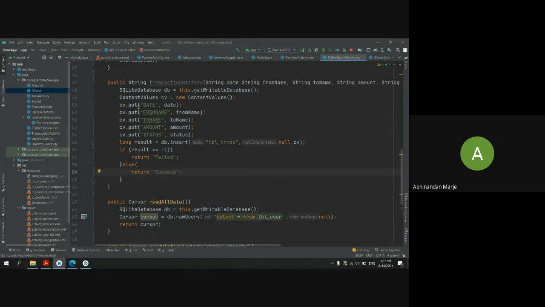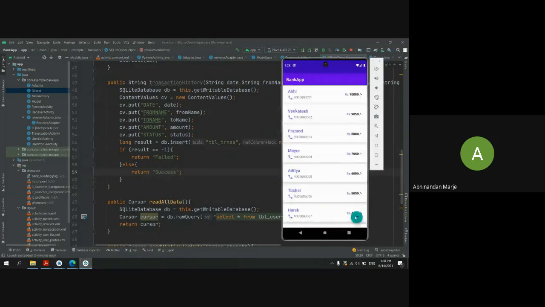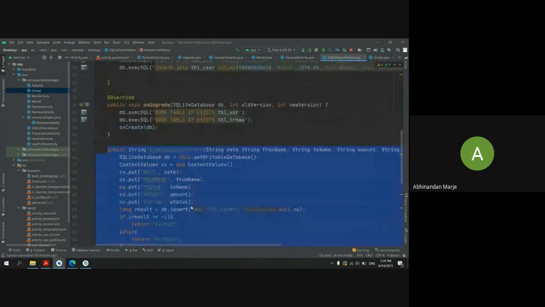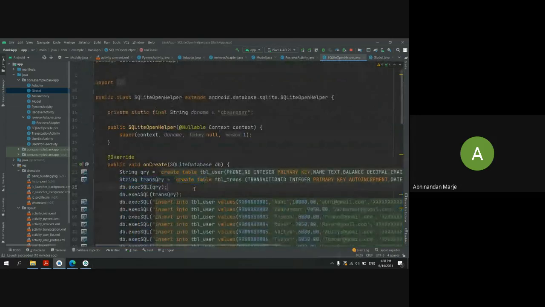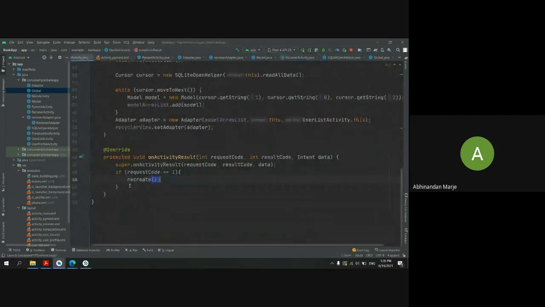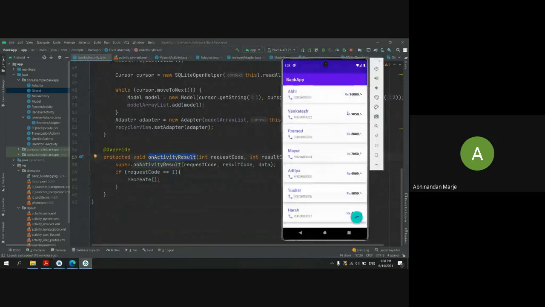We will use this method in tomorrow's activity, which will be our last day for creating this application. We will be getting all the transaction histories here, the same way we did for our user list. We have to make one adapter class, one model class, and then update this UI from our adapter. The same thing we will do in tomorrow's activity. For today's activity, you have to just create one method, create one database for storing our transaction history, and the update we did in the user list activity to update our balance amount when we do a transaction. You have to make those things.